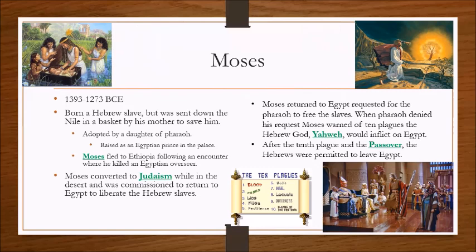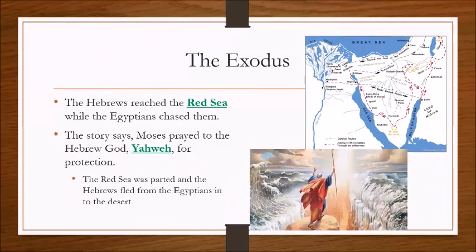And it's going to eventually lead to the Pharaoh allowing Moses to lead the Jews out of Egypt, and they go on their way trying to get back to Canaan, their homeland. And that is where we get the Exodus. When the Jews reach the Red Sea, on their way out of there, they're going to cross. If you see on the map, here is Egypt, here is the Sinai Peninsula, and up here is Canaan, where modern day Israel is today. They're going to cross the Red Sea,